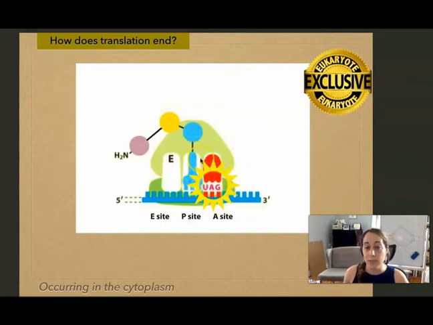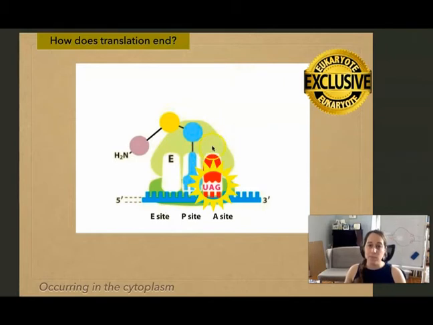So that's this red thing. And the release factor is only going to come into the A site, and then it's actually going to change the activity of the large ribosomal subunit to break the ester bond, but not create a